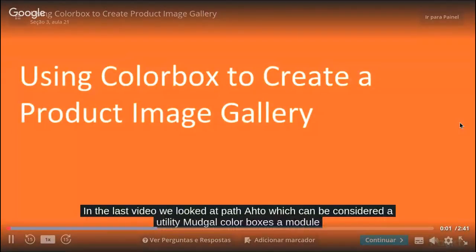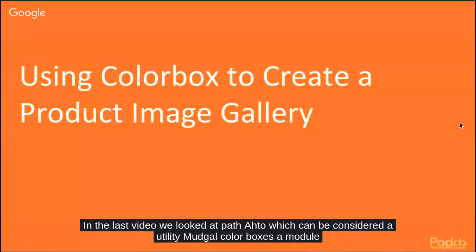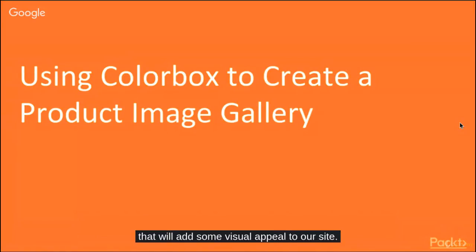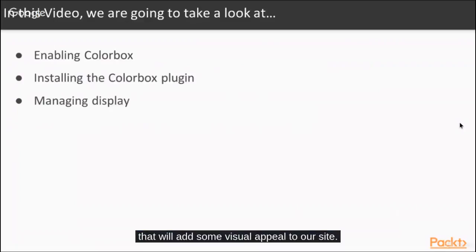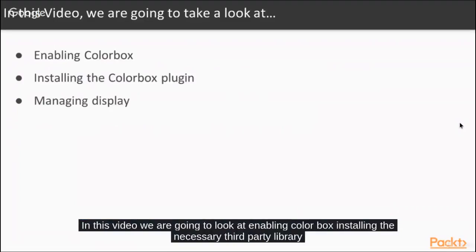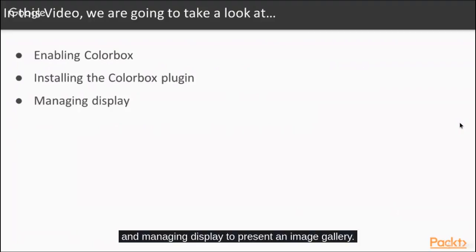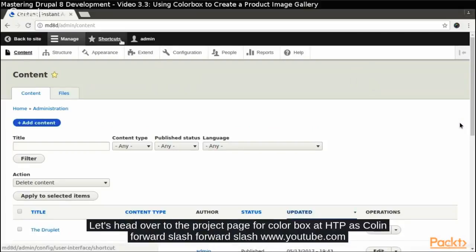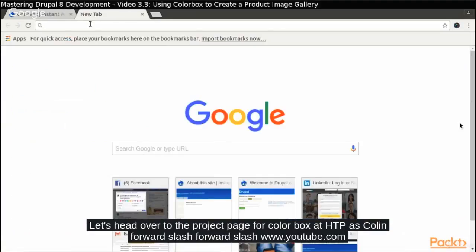In the last video, we looked at Path Auto, which can be considered a utility module. Colorbox is a module that will add some visual appeal to our site. In this video, we are going to look at enabling Colorbox, installing the necessary third-party library, and managing display to present an image gallery. Let's head over to the project page for Colorbox at